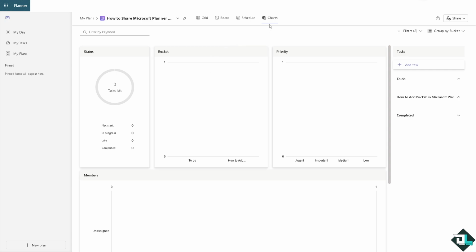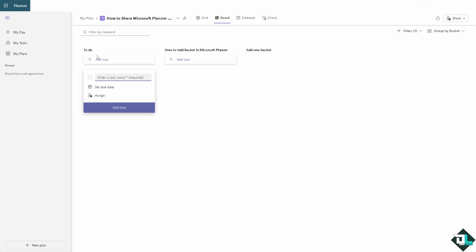Right now, we are on the chart view. As you can see, all we have to do for us to be able to share this is go to the board section right here. And if you want to add some tasks within it, add a task right here. And for you to be able to share this, it's really easy. All you have to do is go to the upper right corner. There's going to be a three dots, and there should be an option that says